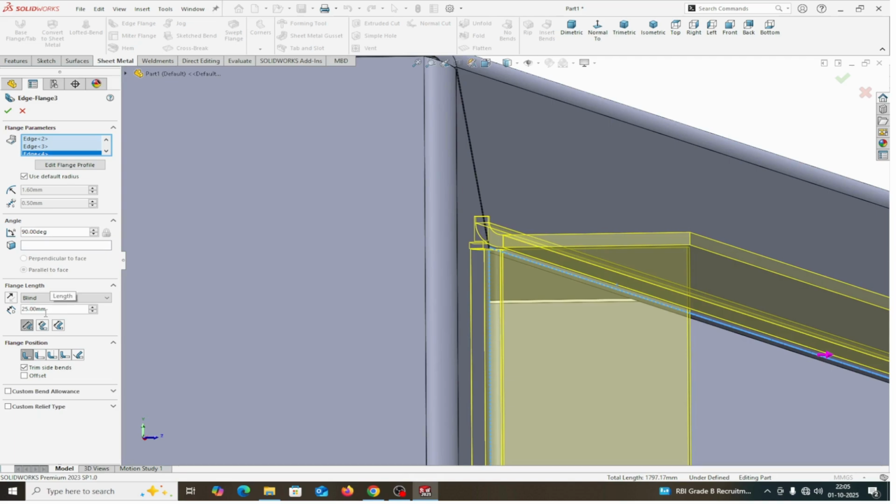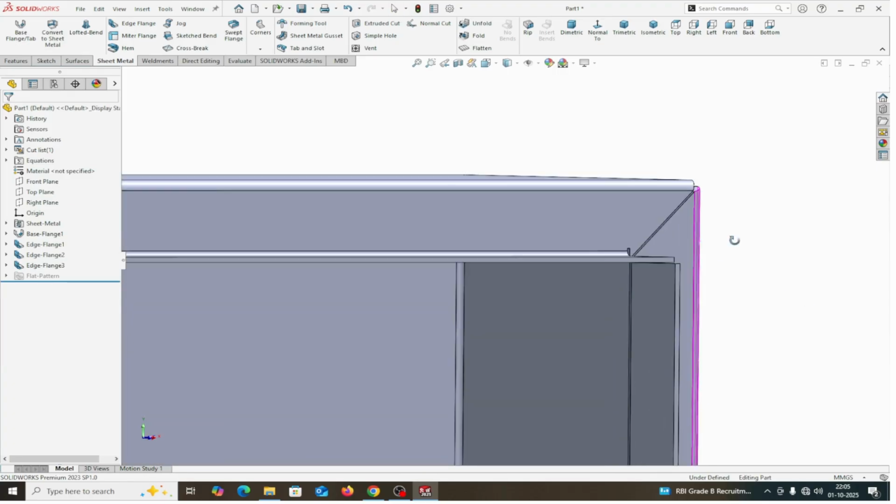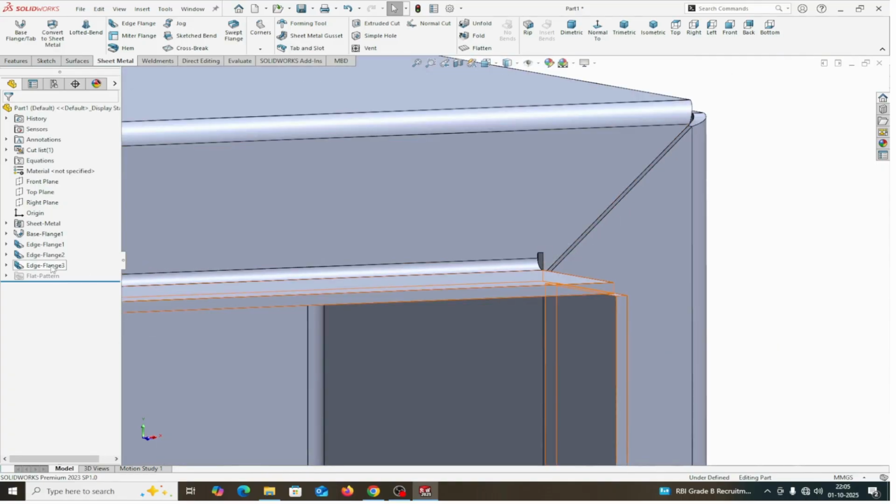Height of the flange is 25 mm. Outer virtual sharp, metal is inside for this flange. Angle 90 degree. Gap is 0.50. Radius is this one and this one. Okay. I am taking the auto relief. This also I am taking auto relief. This one. If you check it,